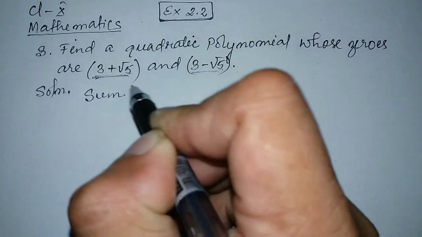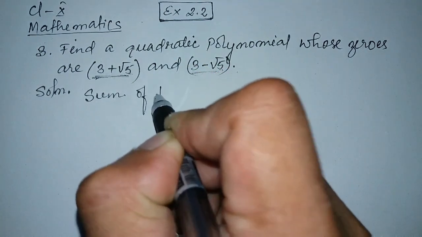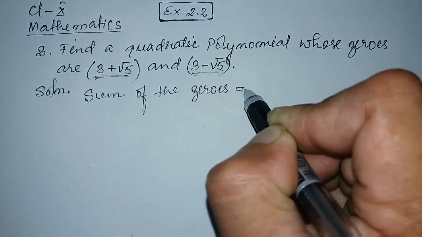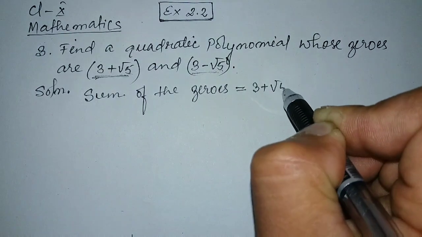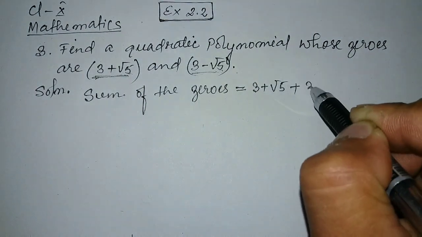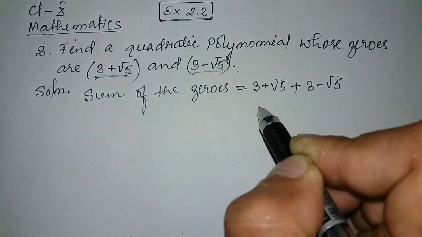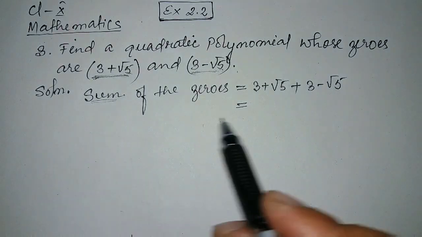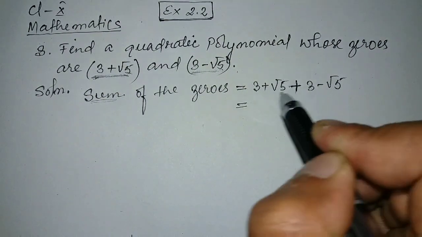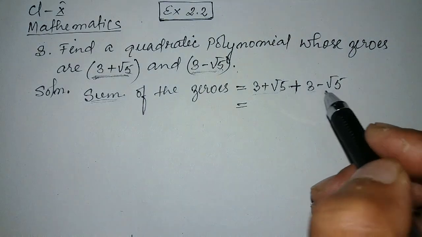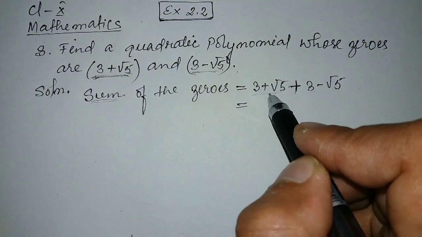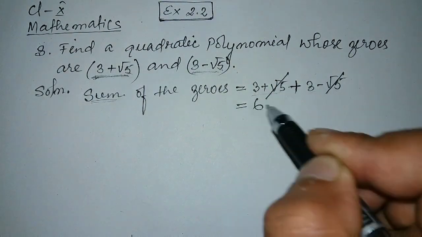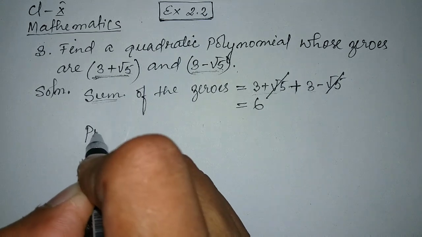So let us first find out the sum of the zeros is equal to 3 plus root 5 plus 3 minus root 5. Now these are the two zeros, so for the sum, we have the plus here between these two zeros. Now this is minus root 5, this is root 5, so these two become 0. Now 3 plus 3 is 6, and the product of the zeros,